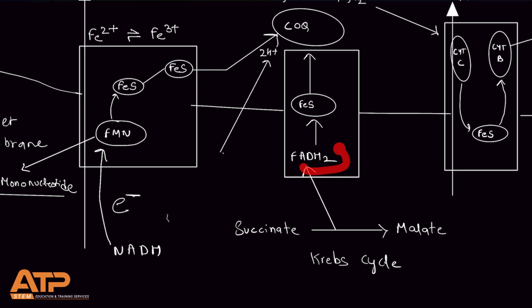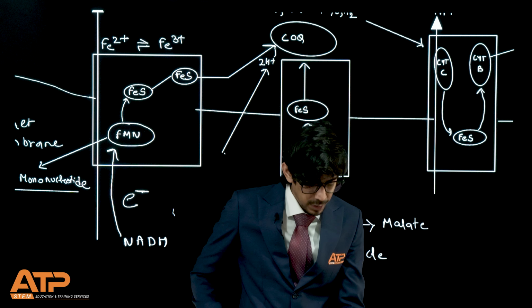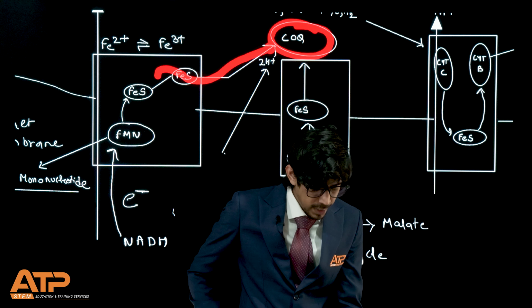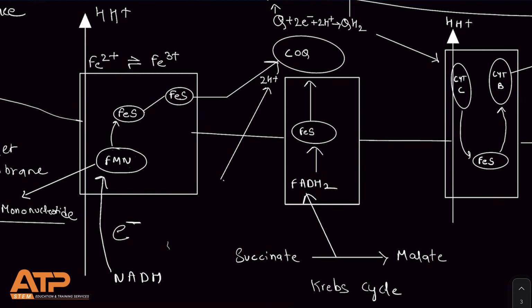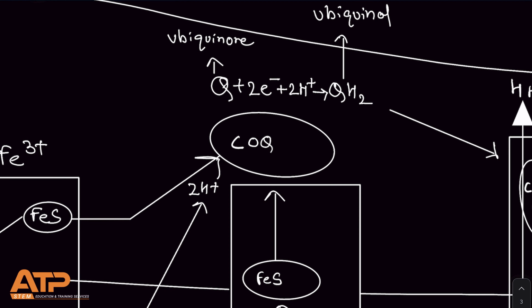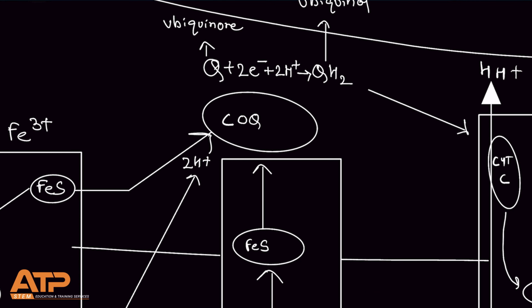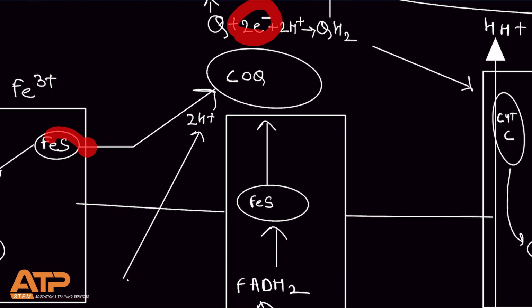Now this FADH2, which is electron rich, will give its electron to electron carriers, ferredoxins, and this ferredoxin will also give its electron to coenzyme Q. So now see, coenzyme Q is receiving the electron from complex 1 and from complex 2. So it takes up these two electrons. Look at this reaction. Q is ubiquinone. Ubiquinone takes up two electrons, one from complex 1, one from complex 2, and it also takes